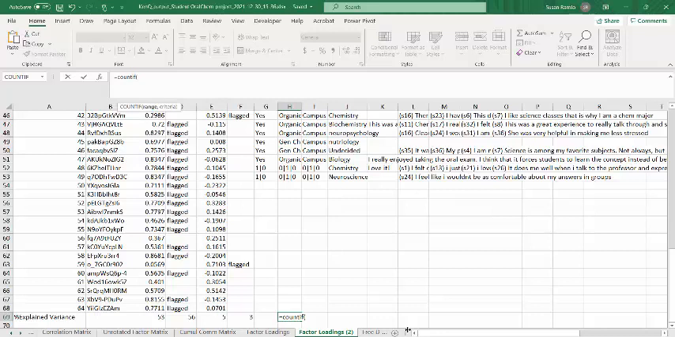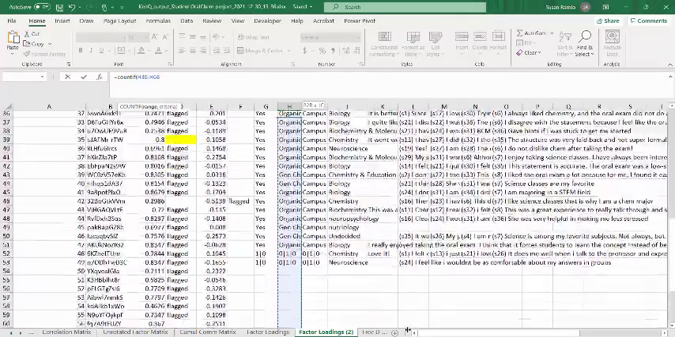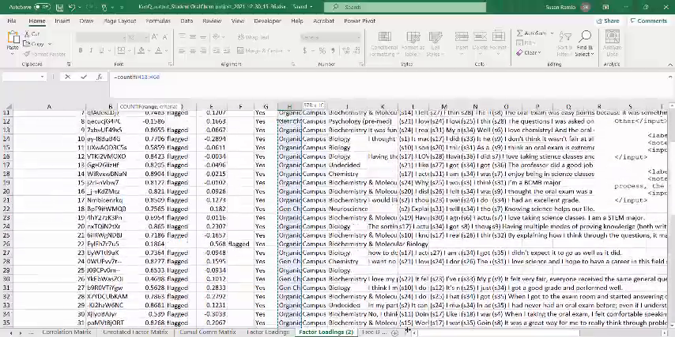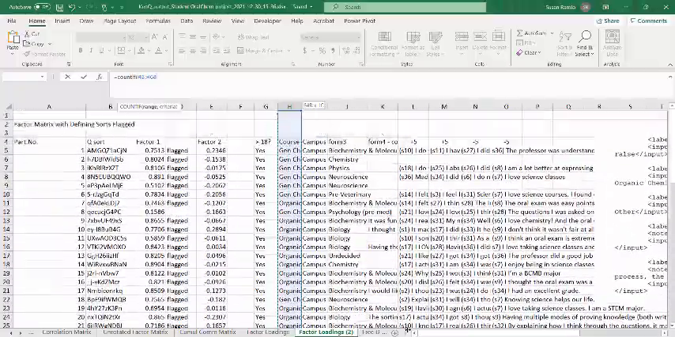And now I'm going to put in a comma, and then I called this Gen Chem. I have to make sure that it's exactly right. It has to be in quotes because that's the criteria that I'm looking for. I close my parenthesis,